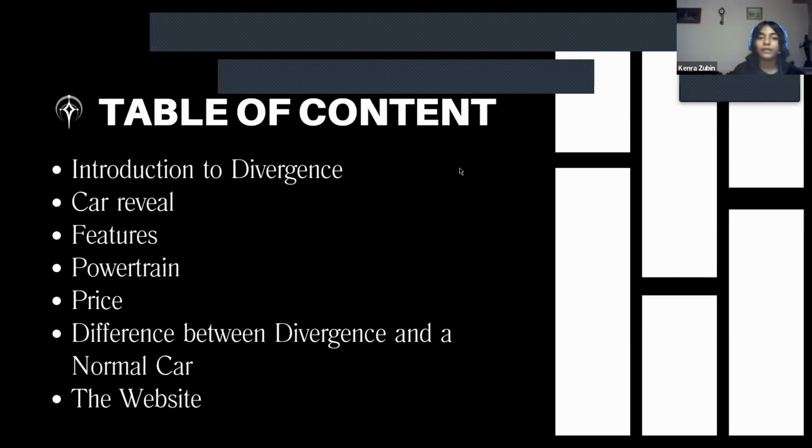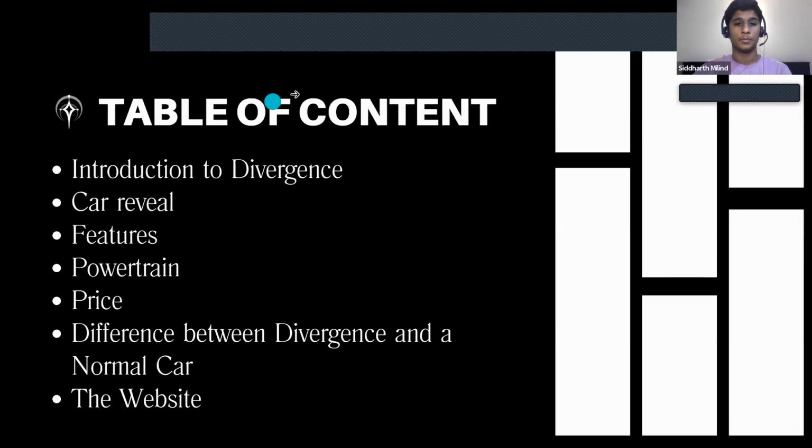Yeah, but can you remove that gray editing option on the right above the table of contents? Is it fine now? Yeah. Can you still see the presentation? Yes, we can see it.